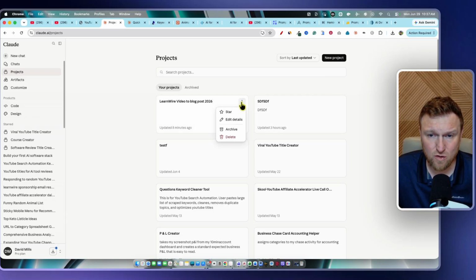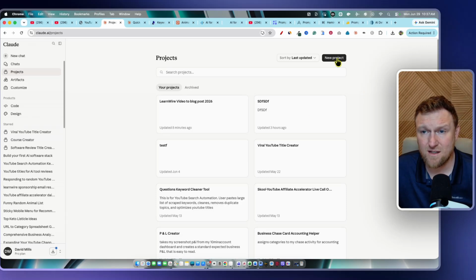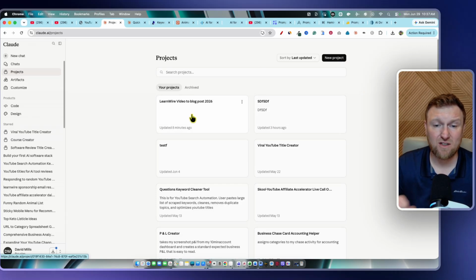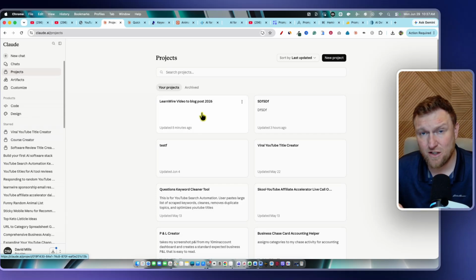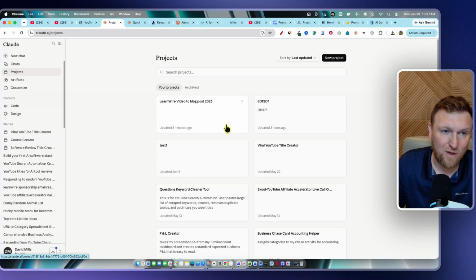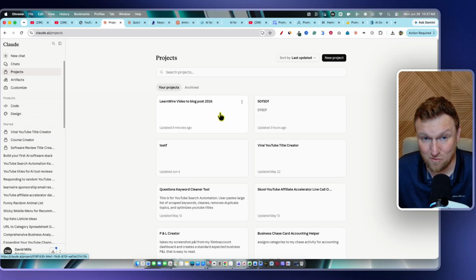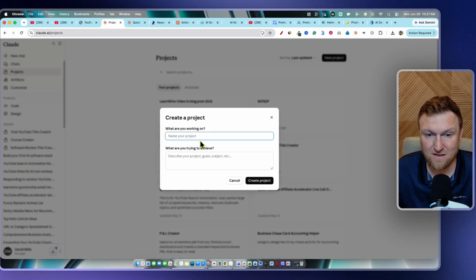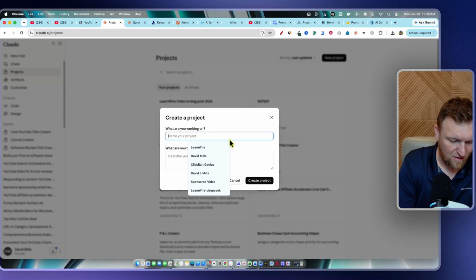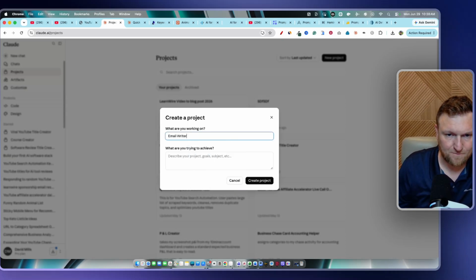And I wish that there was a duplicate. There's no duplicate option here. It's one thing I wish they would allow us to do, duplicate projects, where we still want the files and the knowledge base, but we want to change the instructions, right? I wish that Claude would allow us to duplicate projects, but that's not the case. So we're going to say here, email writer,